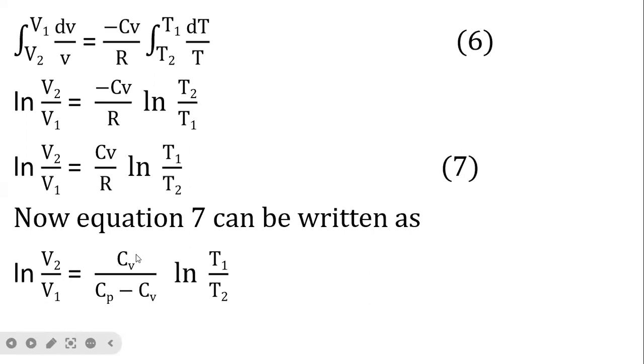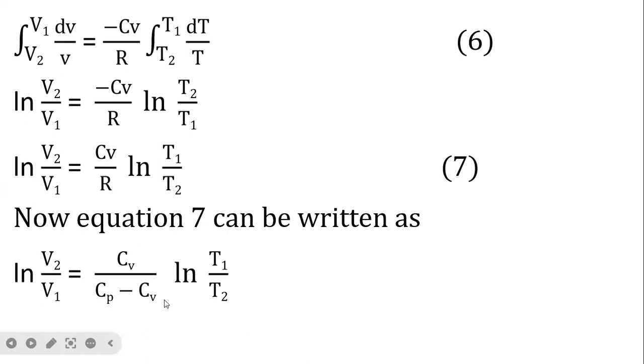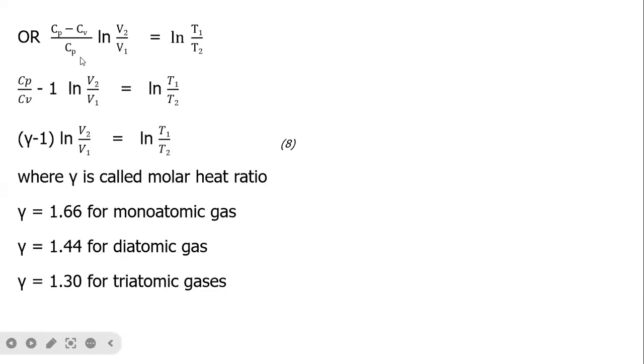ln V2 by V1 equals Cv by R ln T1 by T2, where R equals Cp minus Cv. Again, a simple arrangement. Cp by Cv minus 1 times ln V2 by V1 equals ln T1 by T2. And Cp by Cv is gamma, so gamma minus 1 times ln V2 by V1 equals ln T1 by T2, where gamma